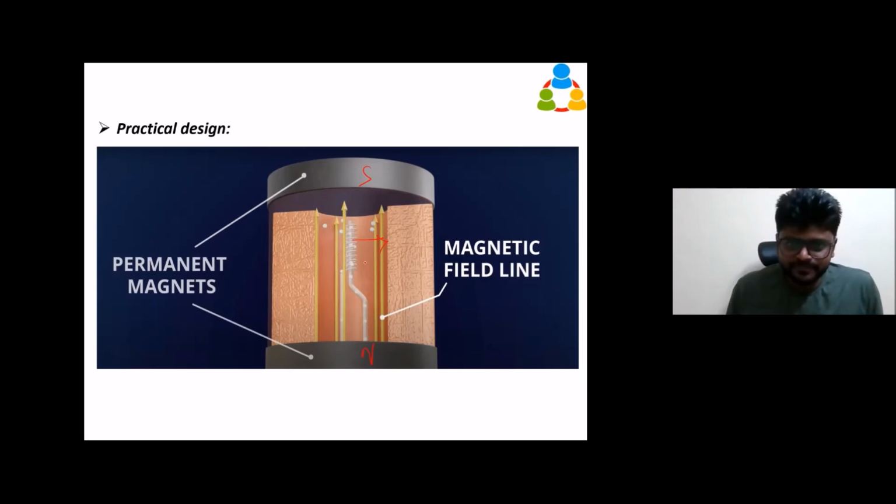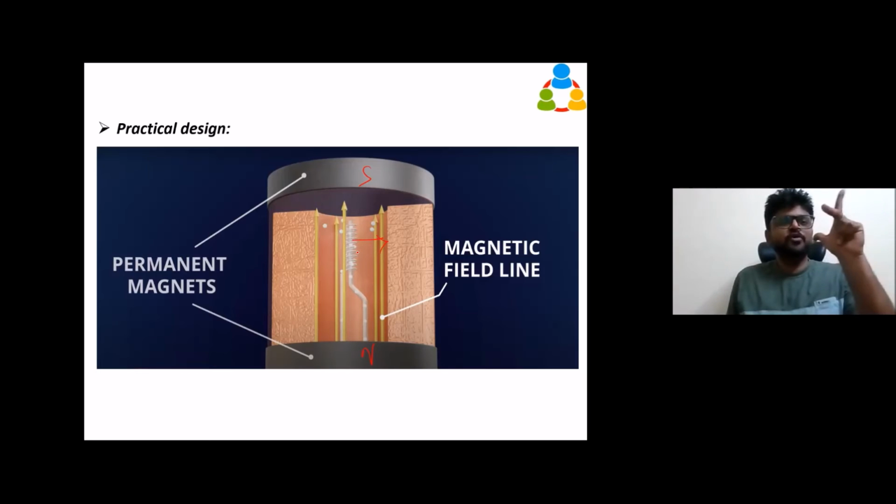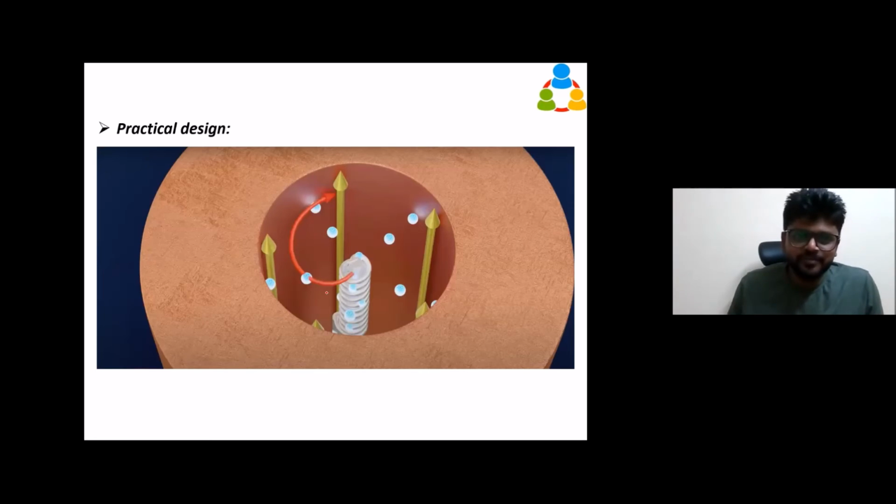So in our case, the magnetic field is in the upward direction. The electron is moving radially, and there will be a force which will push the electrons. So our electrons are not going radially towards the anode. They are going circularly because they have been acted upon by a force. This force is called the Lorentz force. This is all you're going to read. So when the charge is moving inside the magnetic field, the force acts on the charge because of this Lorentz force. This is called Lorentz magnetic force.